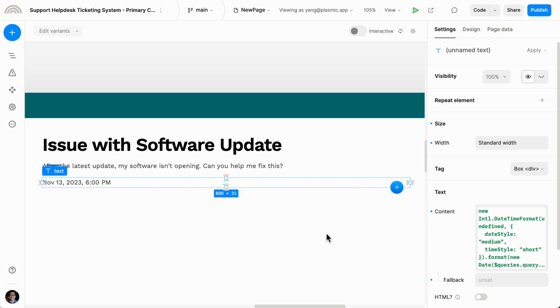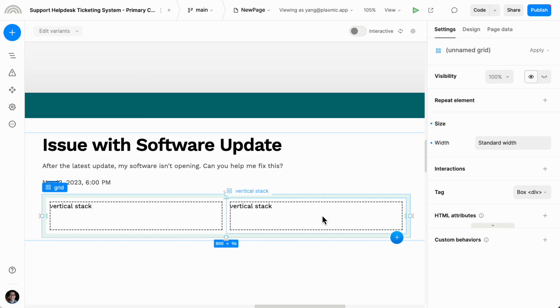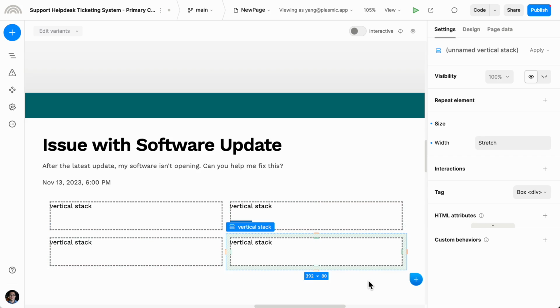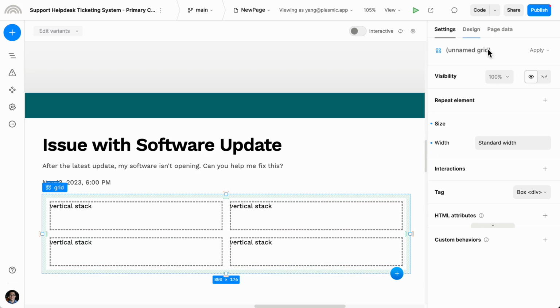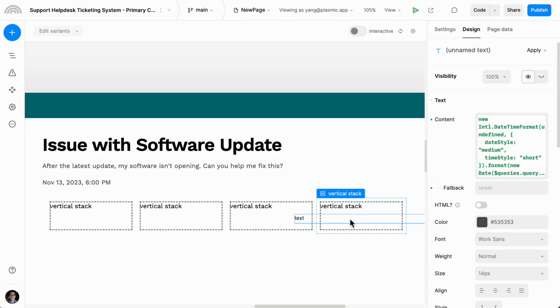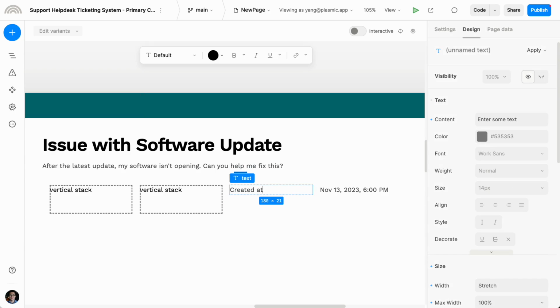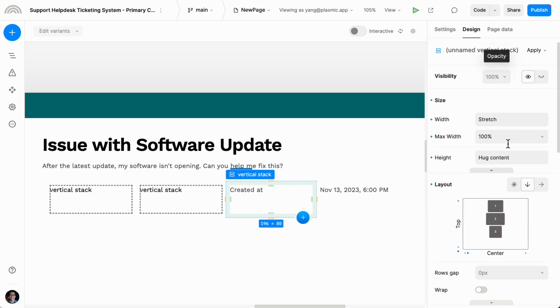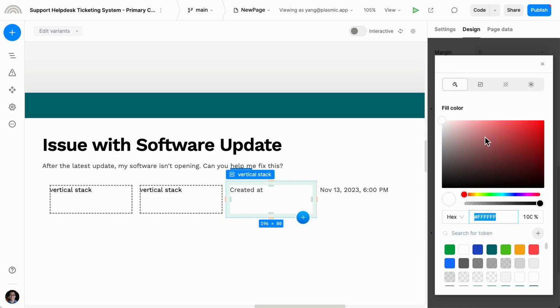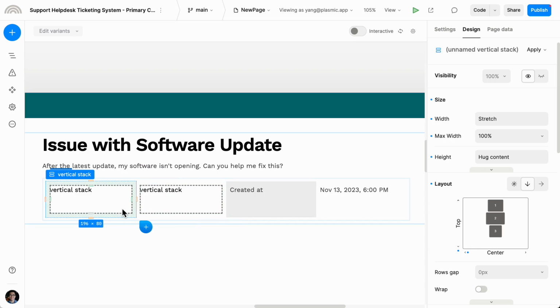All right, and if I want to add just a little bit of layout here, I want to display some metadata fields like this creation time in a grid. So first thing I'm going to do is insert a grid layout, and this has a number of boxes, and I can select this whole thing and say I actually want this to have 4 columns, and I want to put this created at in the last one. I'm also going to add a text here saying created at, and I'm going to set the shading background of this to be off-white gray. And I can do the same thing